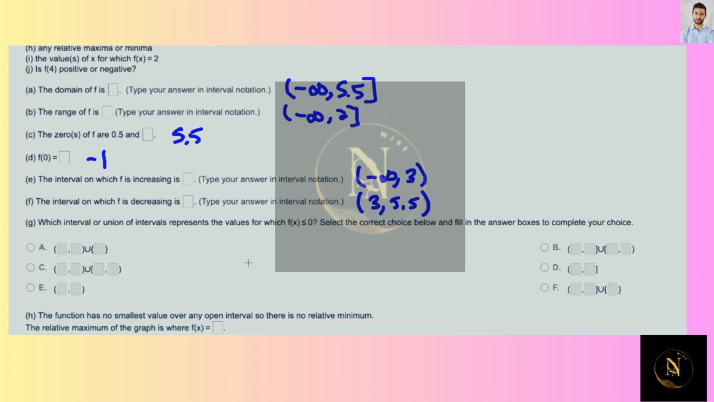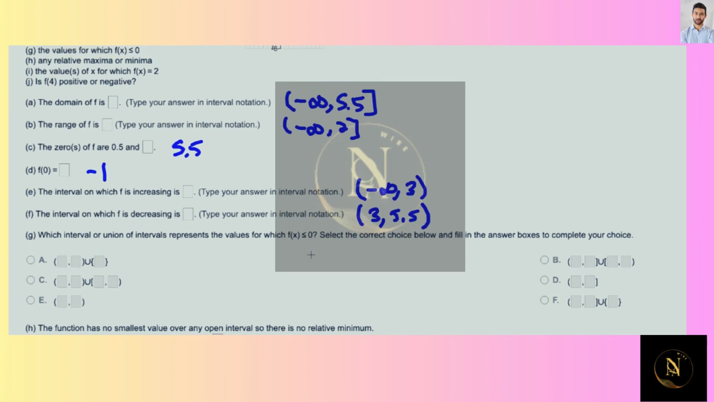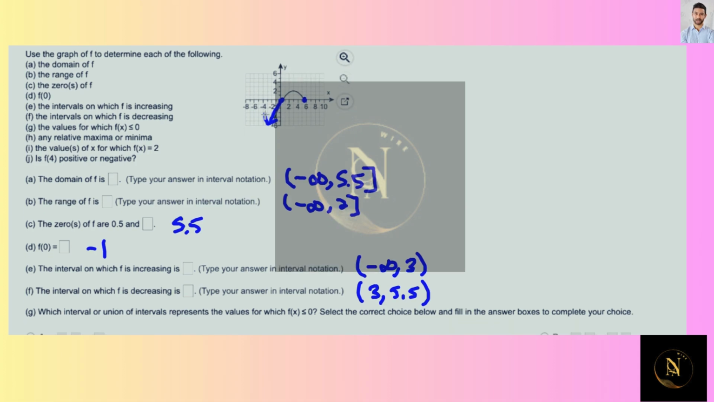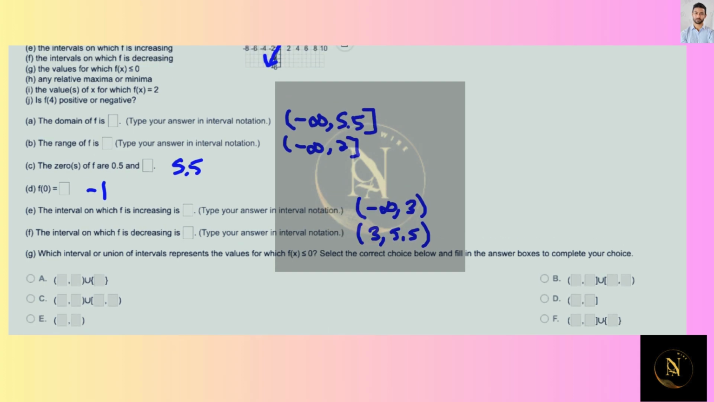Which interval or union of intervals represents the values for which the function is less than or equal to 0? Less than or equal to 0. So it'll be 0 at 5.5. It'll be 0 at 1/2. And it's less than to the left of that. So that would be, I'll write it out first. That would be from negative infinity to 1/2 included because of the or equal to